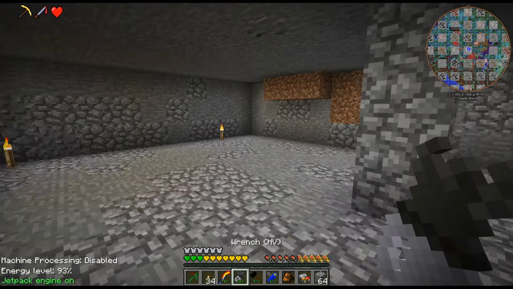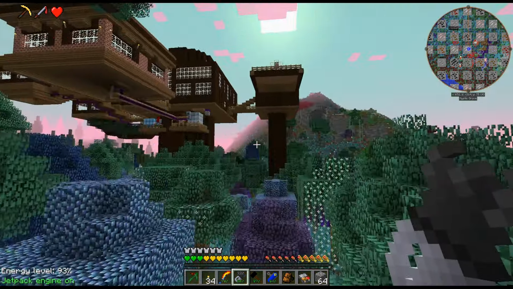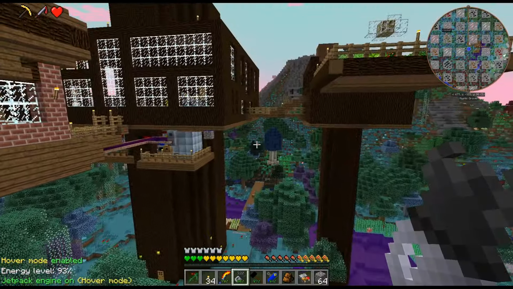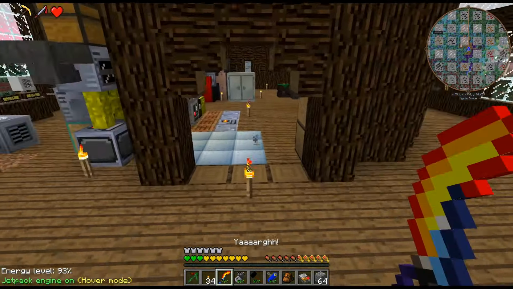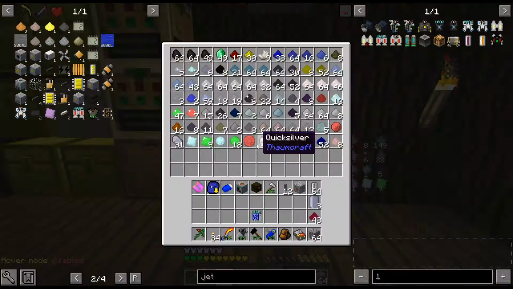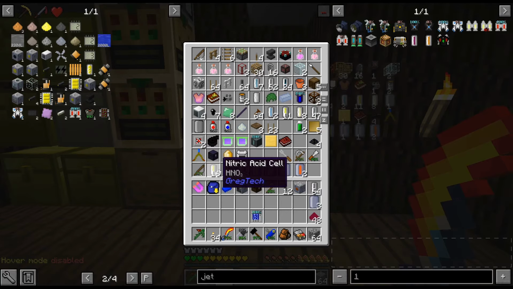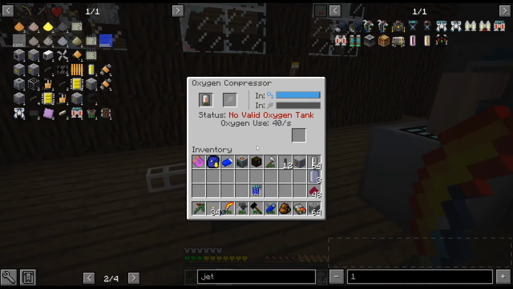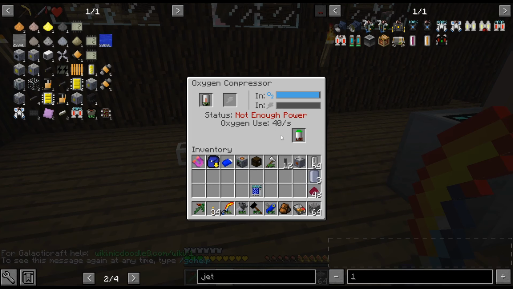Yeah, it ran out of fuel. We also have, I just slept, that's why I have a haste buff. Okay, so with that, I think we're gonna fly back to the moon. I do need to be slightly careful with off hover mode. Okay, we have a decent amount of cetane boosted diesel. I could craft up some manually if I wanted to. It's not like it will be the end of the world, but